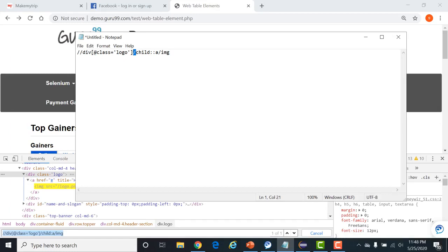Means inside this, the sub element will be searched. After that, I am saying child, meaning the immediate child of this parent node, and I am saying the child node needs to be searched by the A tag. So if there is any child, only if the tag name is A, search that particular child. That is what I am saying here.